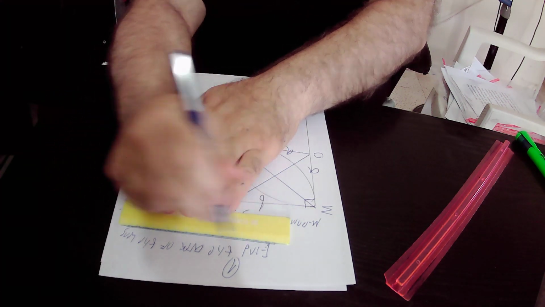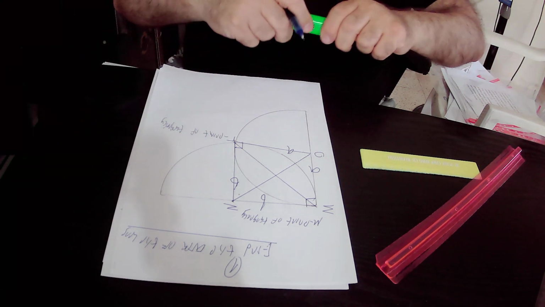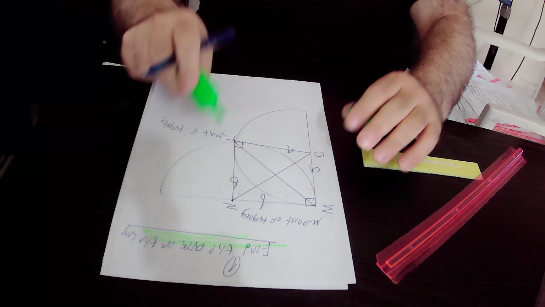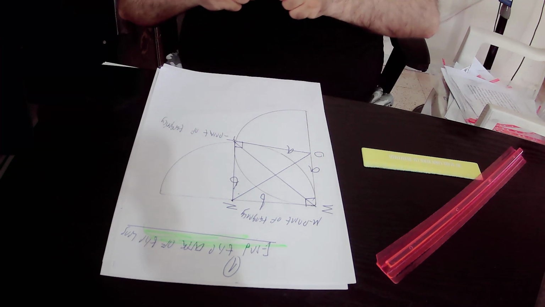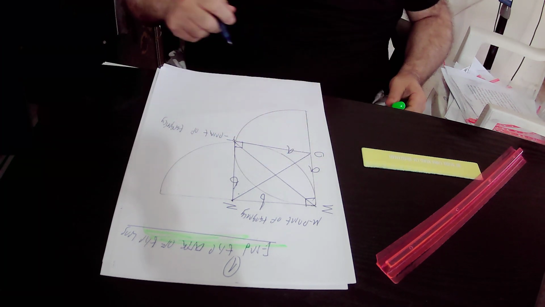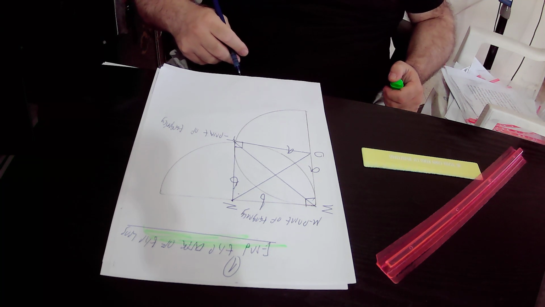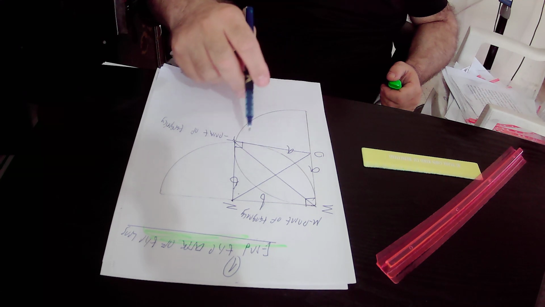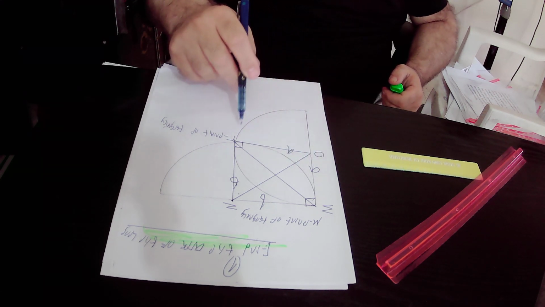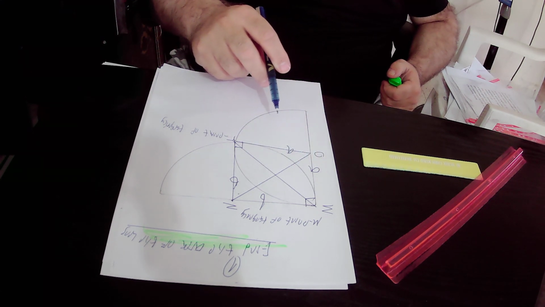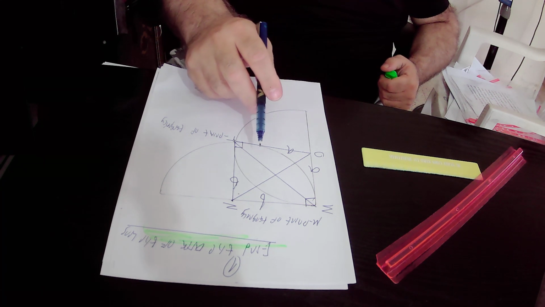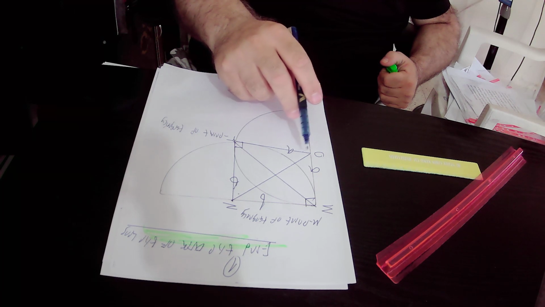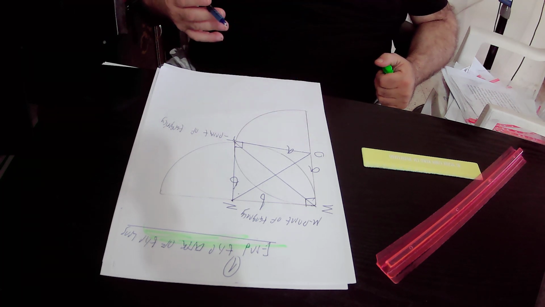So our mission is to find out the area of the lens, and because of the fact that this lens was created by the intersection of two semicircles that have different radii A and B,